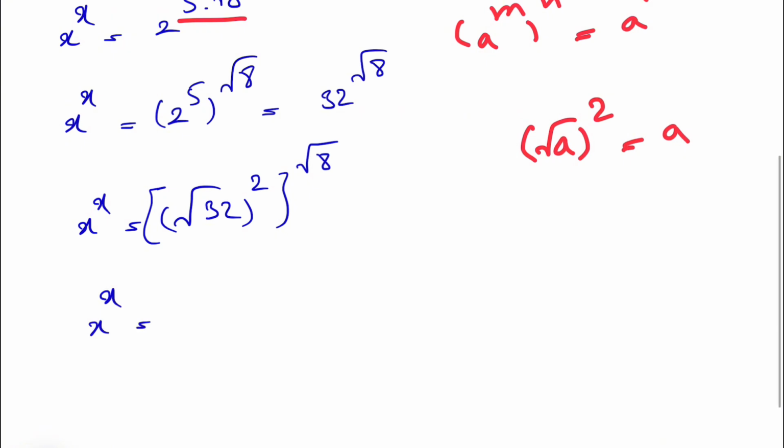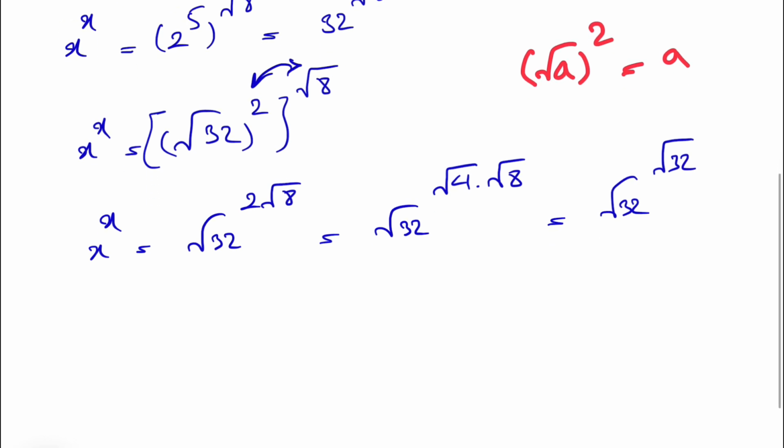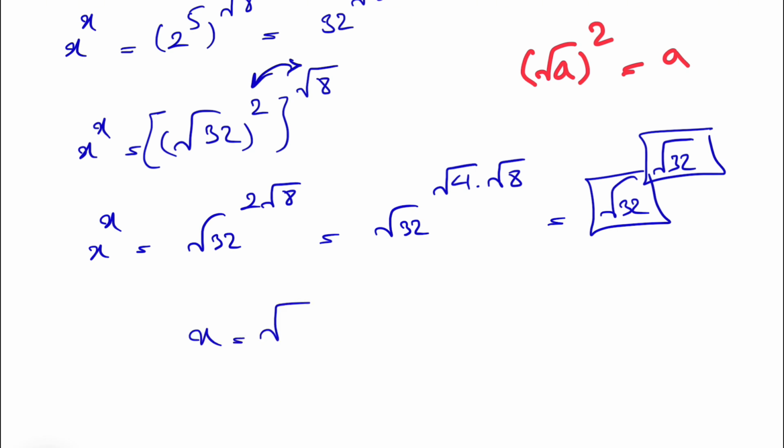And here our x to the power of x will be square root of 32, all to the power of, we can multiply these two as we discussed, 2 square root of 8. And here we have square root of 32. Instead of 2, we can write it as square root of 4 times square root of 8. And here we go. We can write this down as square root of 32 to the power of square root of 32. And now we have two terms in the base and exponent that shows that our x is square root of 32, or we can write it down as 16 times 2, which will be 4 square root